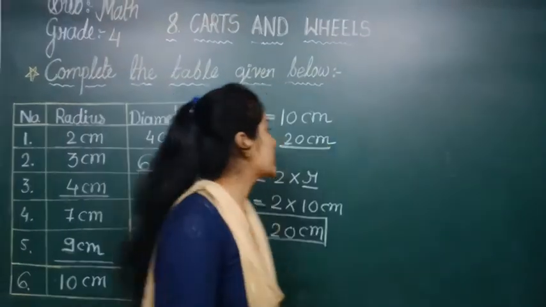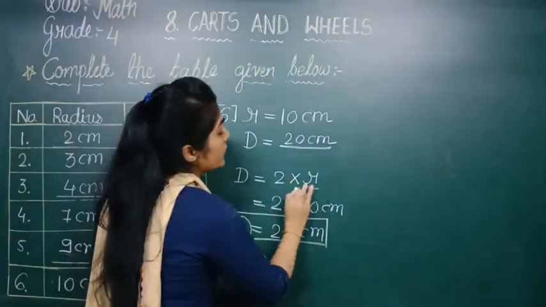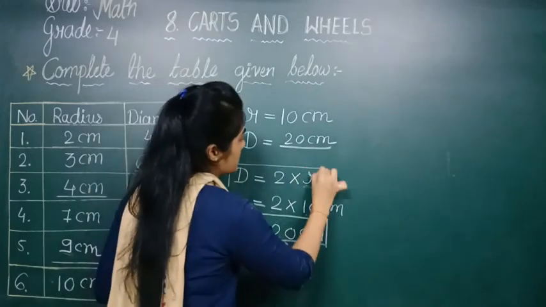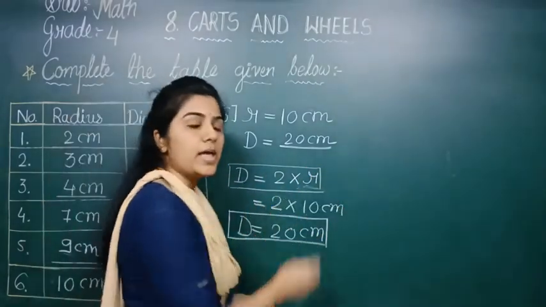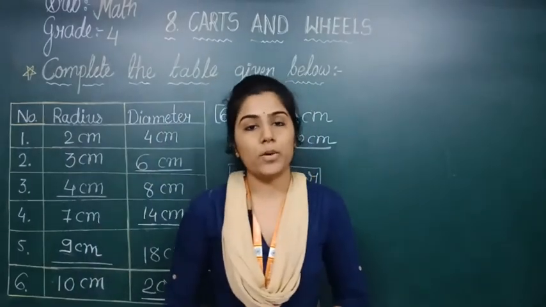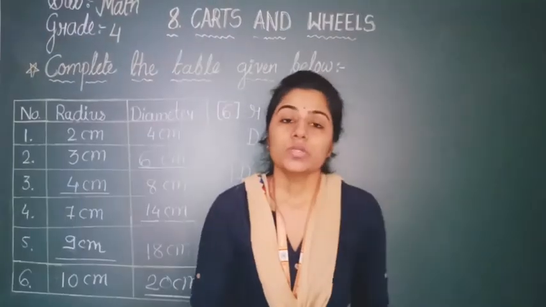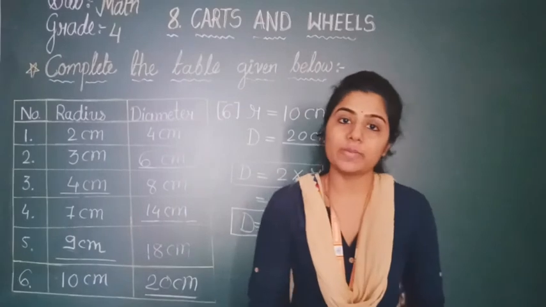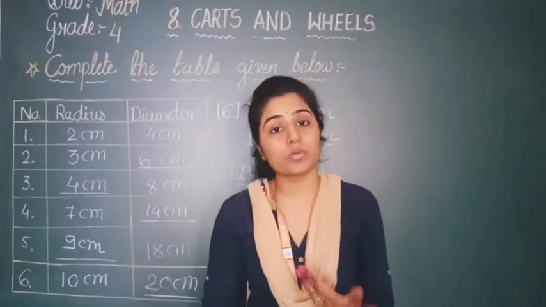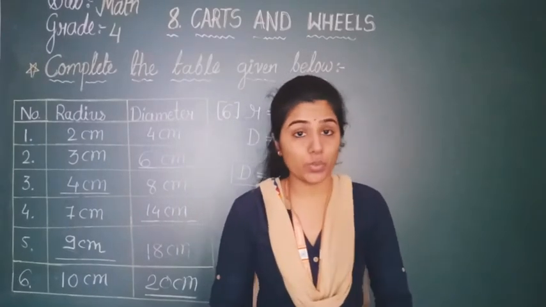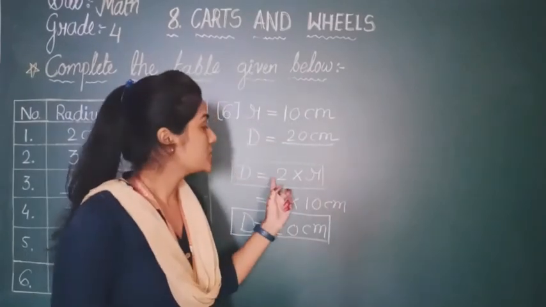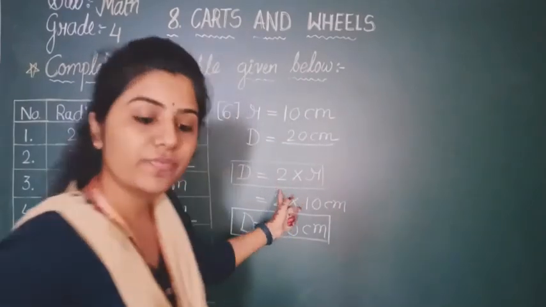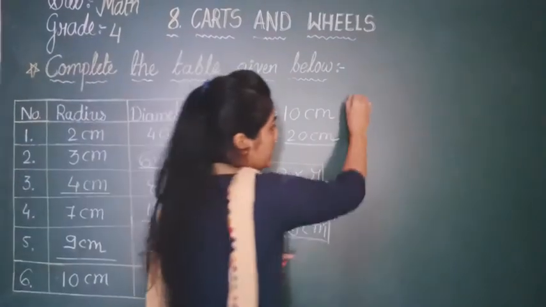And yes, whenever you are writing this formula, you can highlight it like this, right? D is equal to 2 into R and R is equal to D upon 2, D divided by 2. This kind of sums will also come in higher grades, whenever you go to grade 5 and grade 6, so it will help you more. This is a basic that you need to remember. So which is the formula to find the diameter and to find the radius?